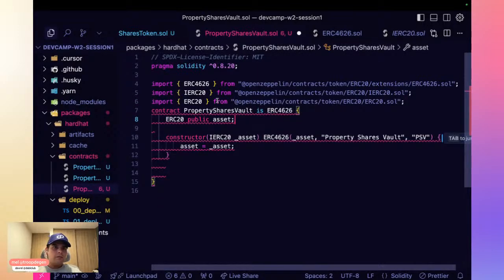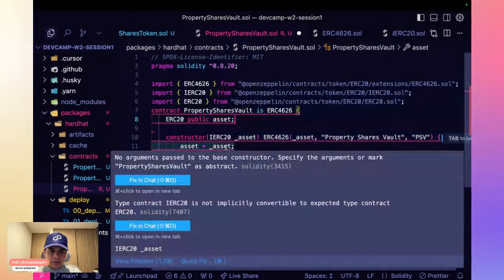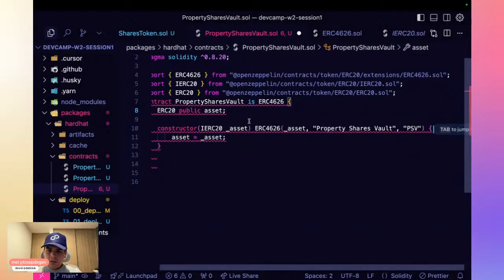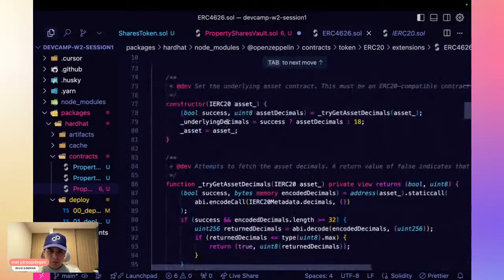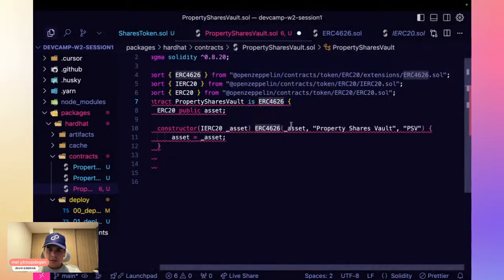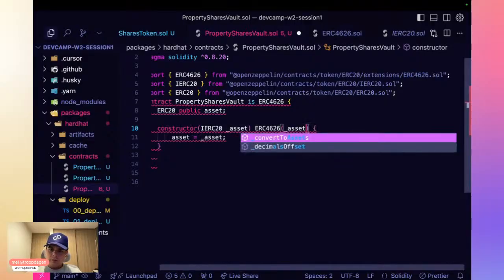Let me check something. Metadata. It should be working. Okay. The asset. What else am I missing? This one just requires one, right? The asset. This we should remove.